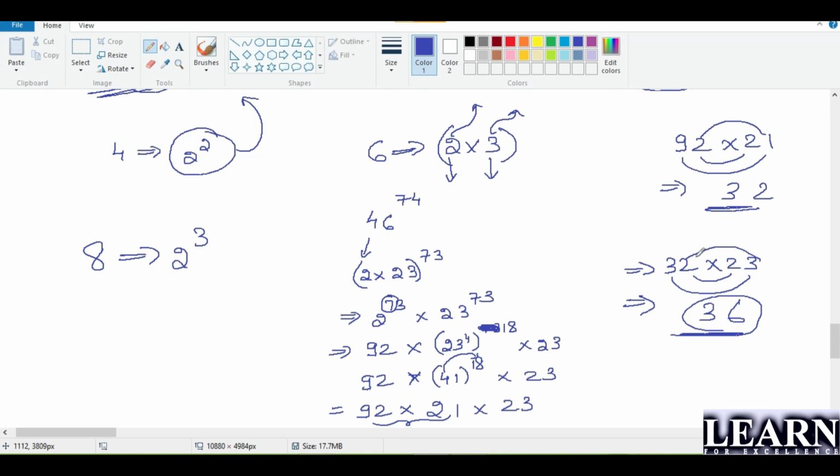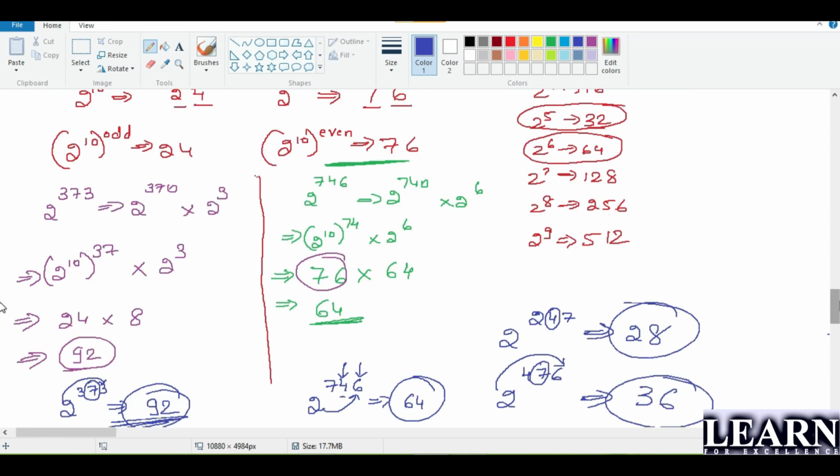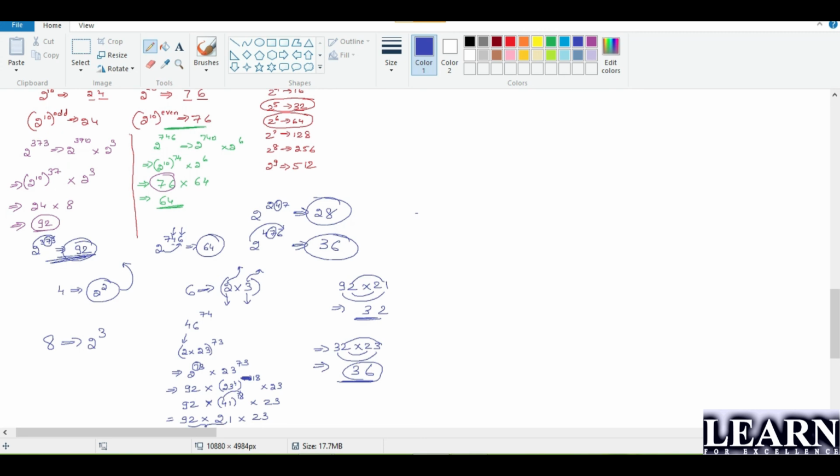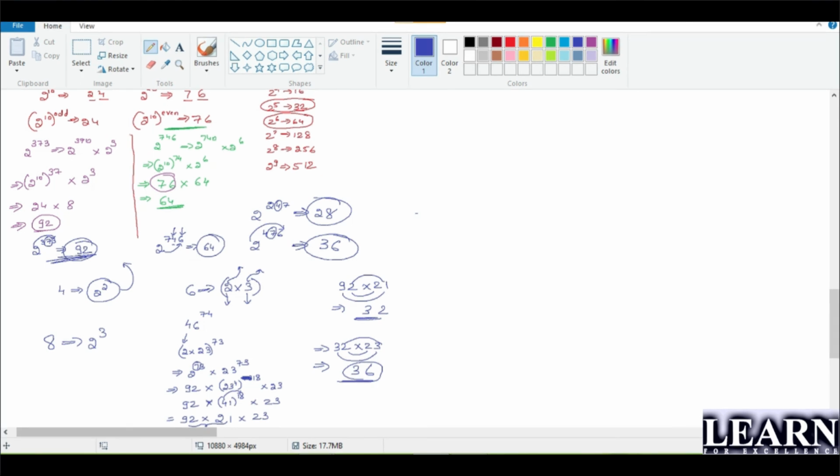So guys, if you are going to implement this concept here, it will hardly take some 15 to 20 seconds. For unit digit position, it will hardly take 5 seconds to answer. And when talking about tens digit position, if you are very fast or if you have practiced well here, then you can easily answer it within 30 to 40 seconds. Okay, guys, any other doubts? Please recall this concept. If you have any doubts, you can ping me.